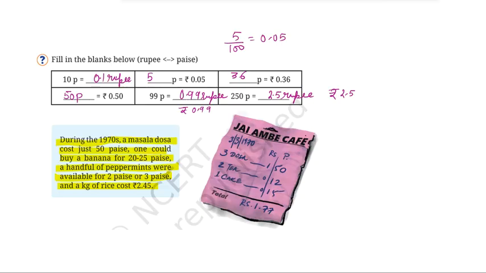So this is a bill of J. Ambe Cafe, which is dated 3/3/1970. 3rd March 1970 का बिल है, जिसमें 3 डोसा का कॉस्ट क्या दिया है, 1 रुपये 50 पैसा. 2 टी का कॉस्ट क्या दिया है, ओनली 12 पैसा. और 1 केक कॉस्ट इज गिवन एज 15 पैसा. So the total bill is amounting to 1 rupee and 77 paisa.